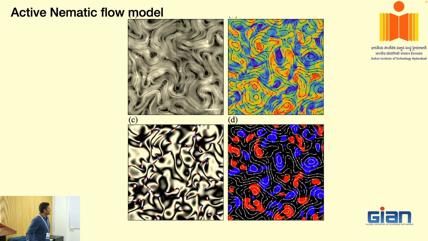I think quantitative comparisons have also been done. These equations have been used quite extensively. Here the defects and other things have also been quantified, but one thing you will notice: if you look at this vorticity field and the vorticity field that you have seen earlier for the active or the Navier-Stokes equation, can you see any major difference? Do they appear more stretched here, more elongated vertical structures in these cases, or you don't see any?